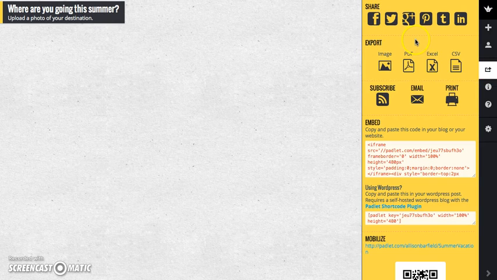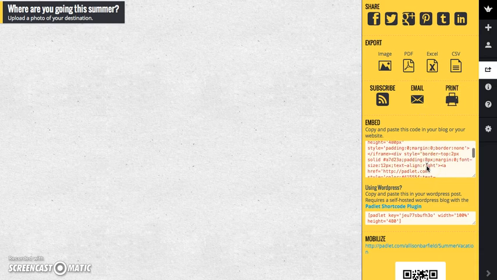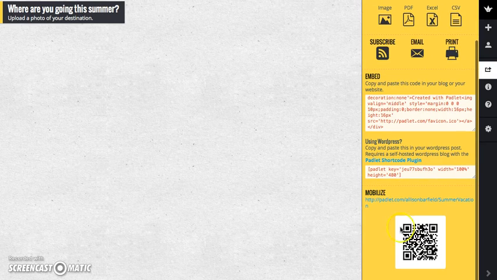Another thing I want to show you that is really cool about Padlet is when you're done with it, they have many ways that you can share your wall. So you can export it to an image or to a PDF file, you can print it, you can also embed it into a website, and down here, which will be most useful for our students at Enochville, is the QR code that it makes for you